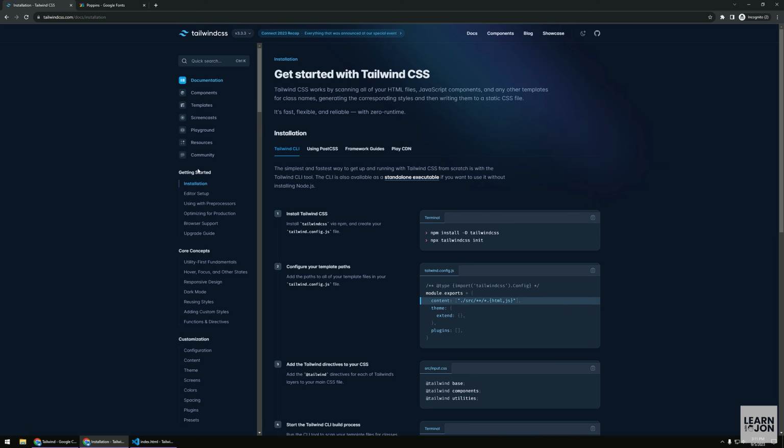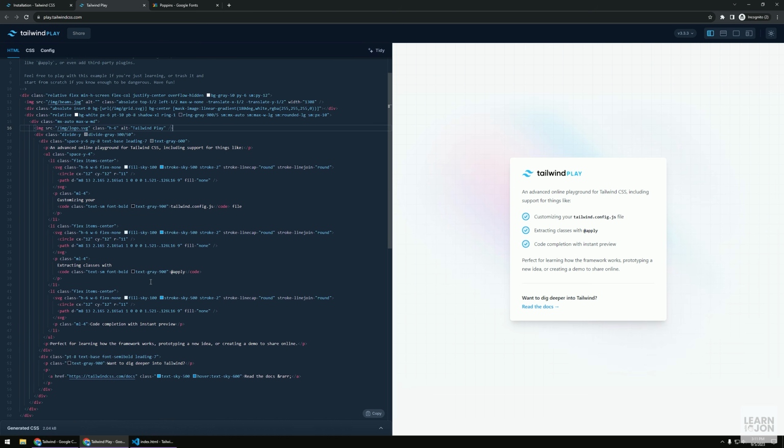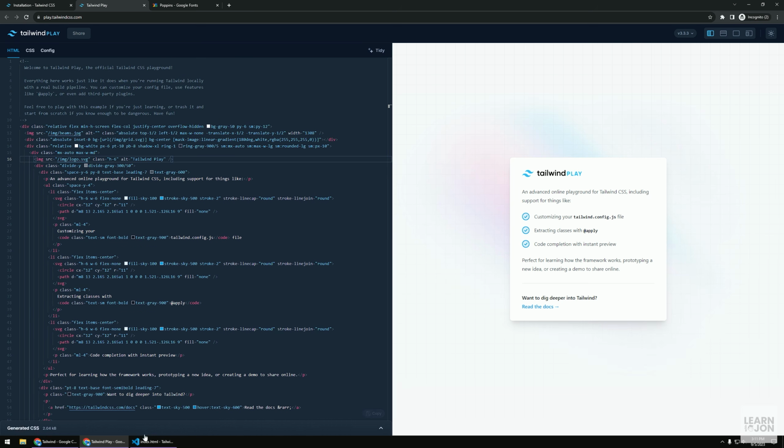If you just want to play around and go along with the video, you can use the playground because it's a nice online editor. And it also says here, everything here works just like you install it locally. So nothing will be different from me working here or if you want to work here. So it even has the autocomplete. It's quite nice. But I'm going to use the CLI